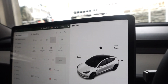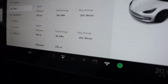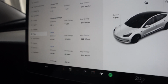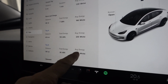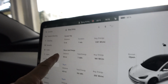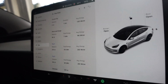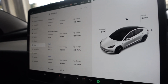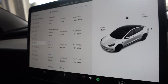So let's see how we finally did. Amazing. 203 since we set off. Actually, I did 20 more miles than that, but that'll be right. That was about right. It was really the same as since the first charge I did. Since we did that other charge, it's done 190. So the efficiency on this car is unbelievable. We're talking real world roughly going on for 300 miles of charge on the basic Model 3,